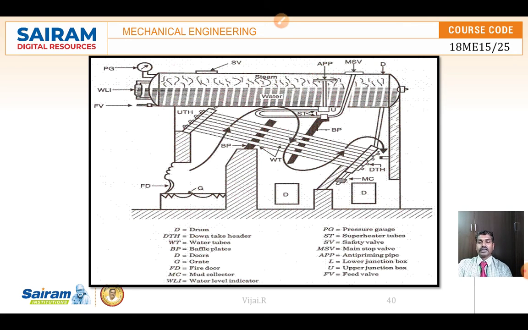Then it is getting separated in the boiler drum at the top as steam. On that drum, you can see the water level indicator at the left and the fusible plug. Here is the feed valve where water is getting fed, and there are the main steam valves. Everything is present at the top of the boiler to take the steam upward and send it to the turbine